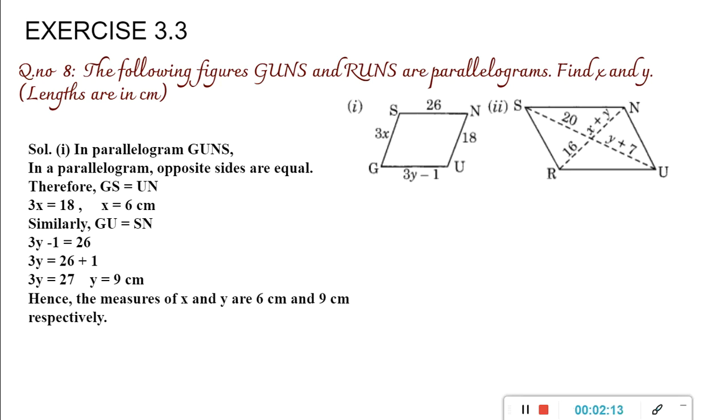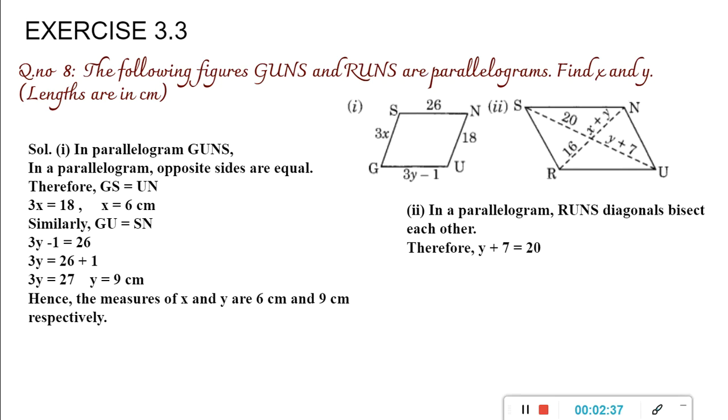Now let's see the second figure. In the second figure the name is RUNS. Here the diagonals are given. RN is one diagonal and another diagonal is SU. Here we know that the diagonals of a parallelogram bisect each other, isn't it? So here